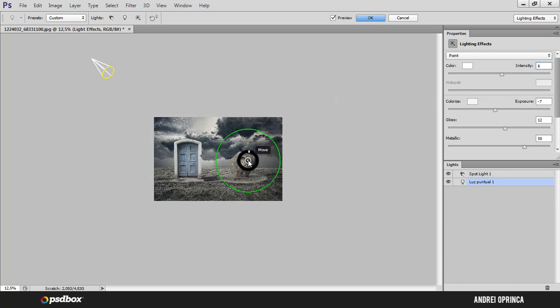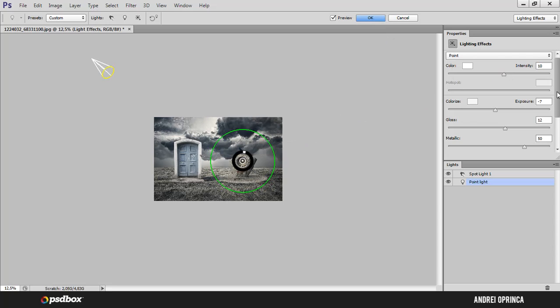And then I have a point light. Looks like it kept the Spanish name. This is a point light, and I added that because I wanted to have a bit more light on this other monument here, or whatever this thing is. Because with the spotlight I added light here, but this one remained in shadow, so I added this second light to add a bit more light here as well,